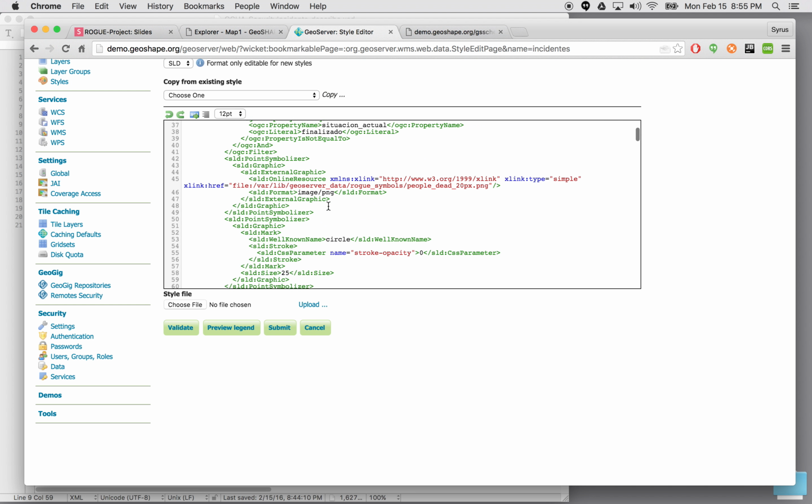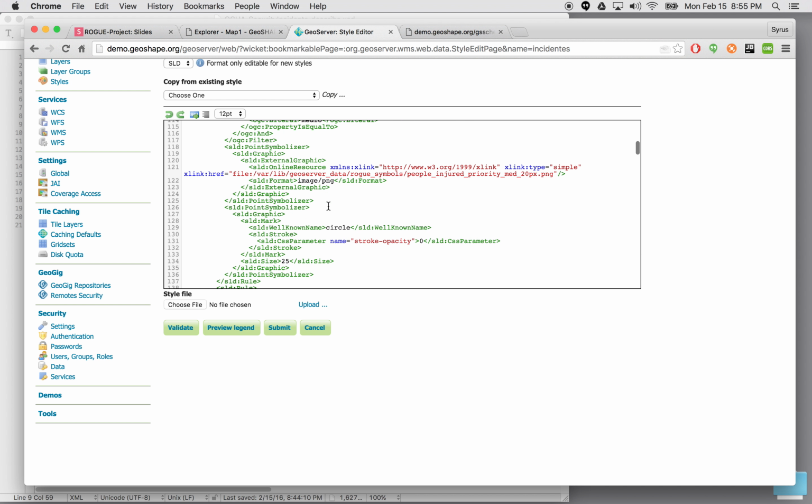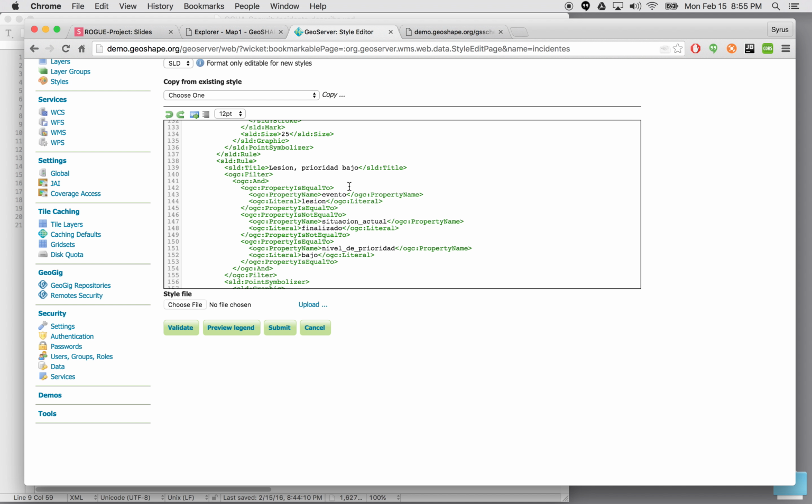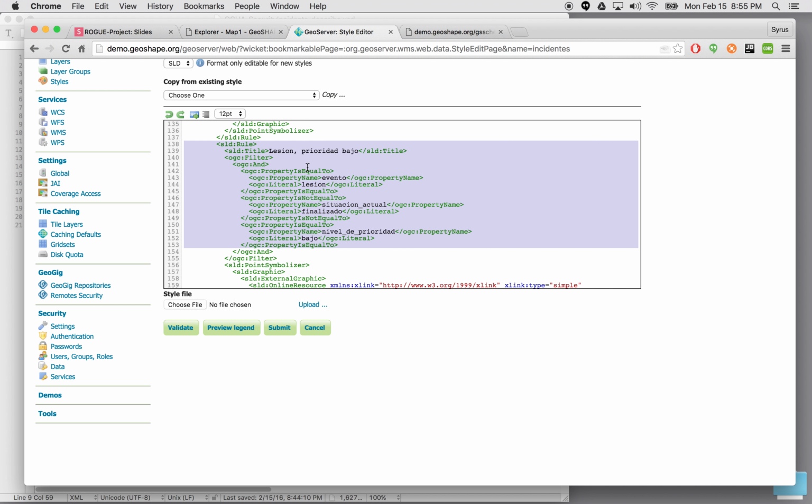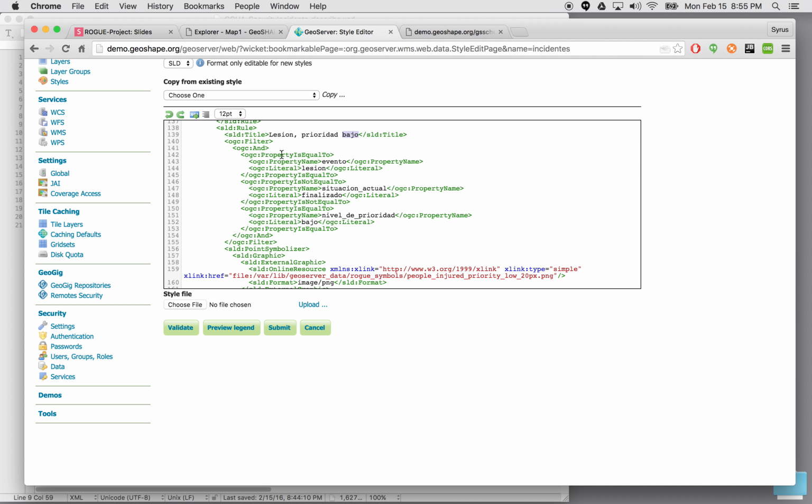And for example, let's go ahead and look at one section here. This one says there's a rule here that says injury, which is low priority. So it says we want to look for a property name. There's a field that in the other layer was called type. Here it is called evento. Look for an attribute called evento. If the value of it is this particular value,